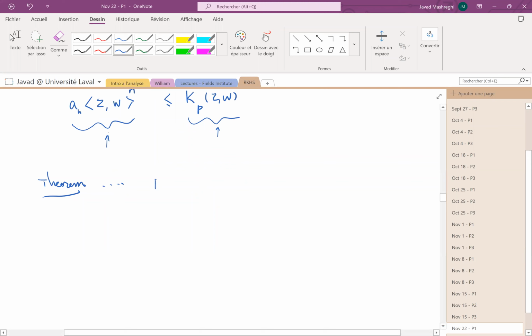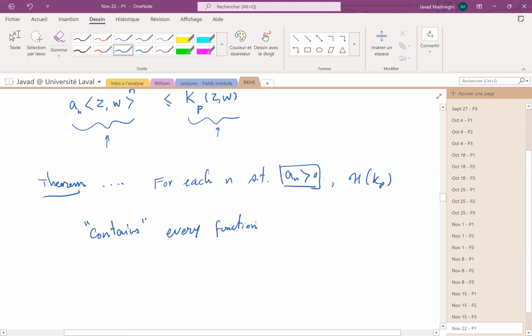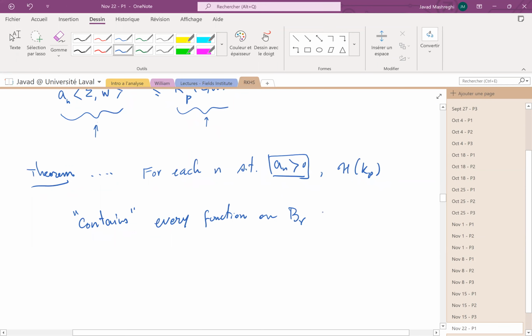The important part is here: for each n such that a_n is not 0, strictly bigger than 0, H of K_P contains, so we distinguish some elements, every function on B_R that can be written as